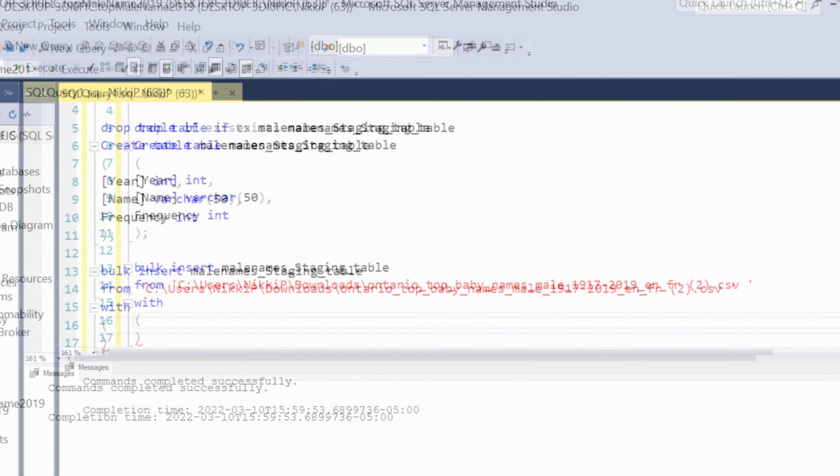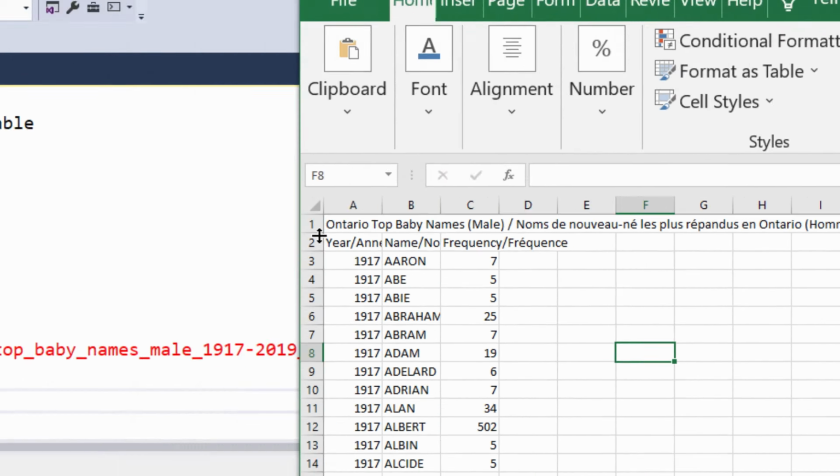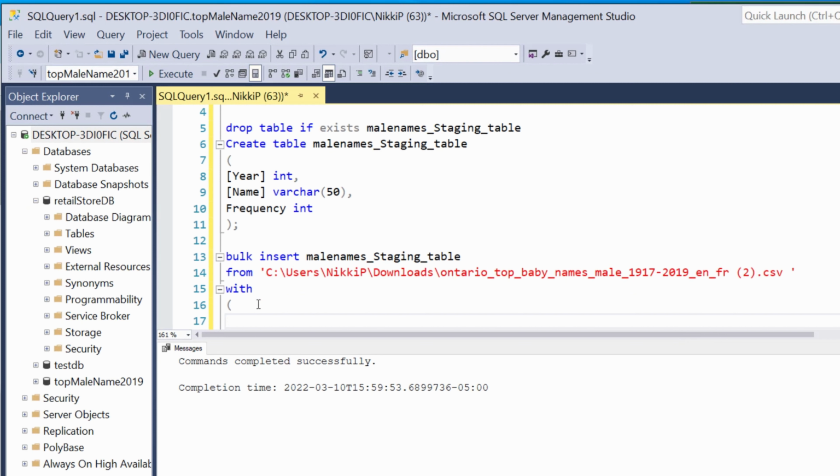So let's go back to our Excel file. When you want to put in data from whichever source you get it from, you don't want to put dead data or useless data into your database. So if we look at line number 1 and number 2, we have data that we don't really need in our table. So we want to exclude row number 1 and row number 2 from our table and start from line number 3. And to do that, we say first row